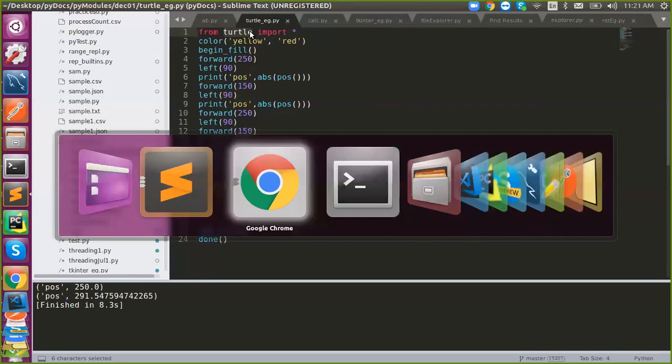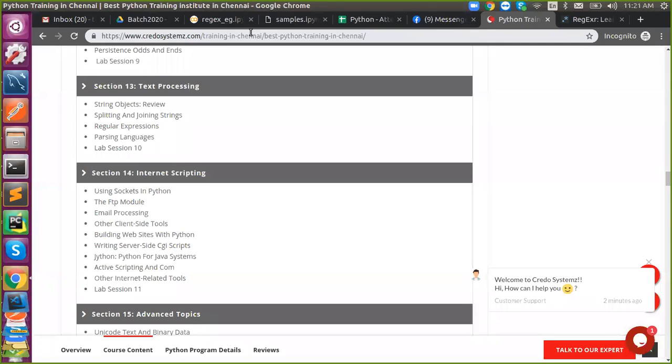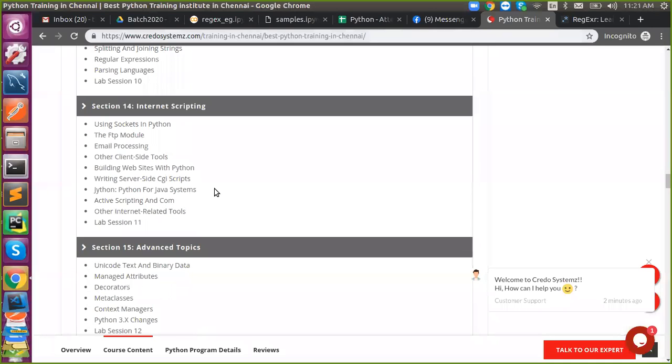Start exploring it, and any doubts just ask me. Start implementing your own concepts and come up with your own ideas. Next week we'll talk about internet scripting, from Monday. We are about to end our sessions. We'll wind up by next week, finish in 2 days, and the rest of the days we'll revise everything once again. Before moving on to revision, please go through our topics, and if you have any doubt, make a note of it and we'll revise it. You can reach us anytime you want. We are not restricted.